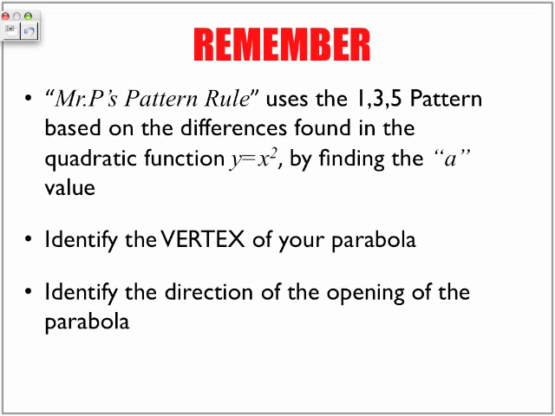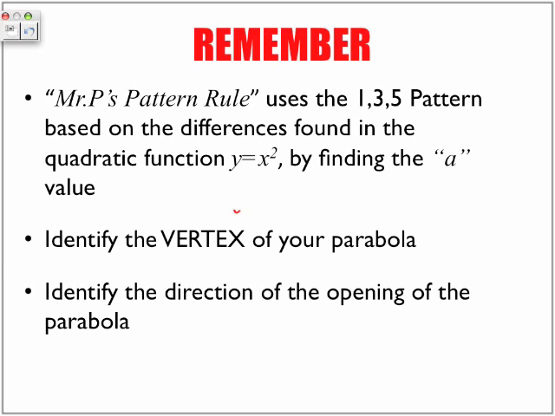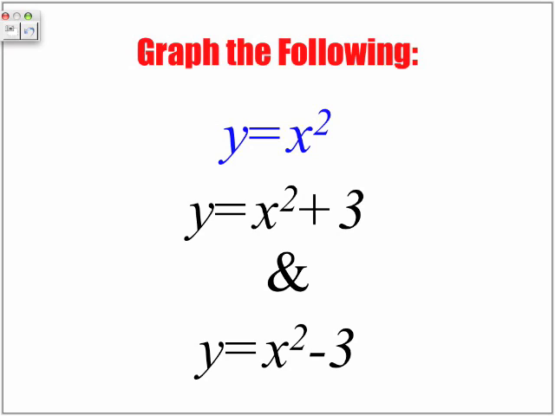And that's very simple. Remember that the direction of the opening, okay, the parabola will open up if A is positive. Okay? The parabola will open down if A is equal to a negative value. Okay, so let's look at the graphs that you should have created with those 3 examples. Okay, so these are the 3 examples again. Y is equal to x squared, y is equal to x squared plus 3, and y is